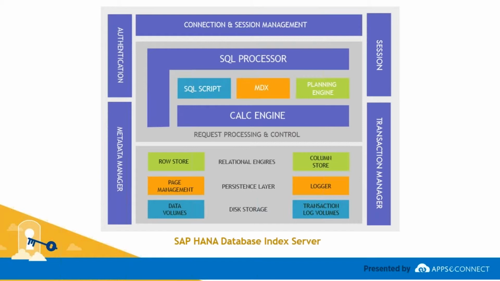There is a SQL processor which lets the engine call the SQL script or MDX script component to parse the SQL queries, and calls the planning engine to create a plan for the data. Once the plan is generated, it passes the plan to the relational engine. You can see in the diagram there are two kinds of data present in the environment: the row store and the column store. According to the plan, it takes into account all these data types and loads the appropriate data